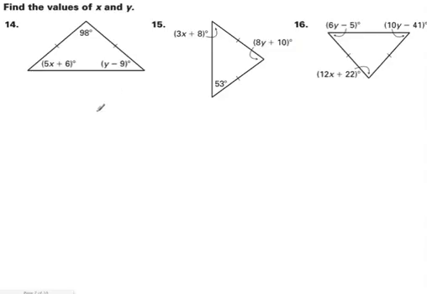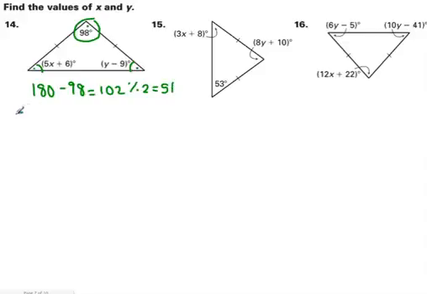Next, this is a little bit more tricky. When you're sometimes given the vertex, there's a different way that you could solve this. Because we know the two base angles plus 98 have to equal 180, we can take 180, subtract the 98, that would give us 82. This 82 is evenly distributed between these two angles. So if I divide that by 2, I know that each of those base angles has to be